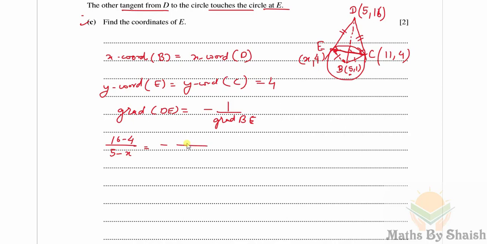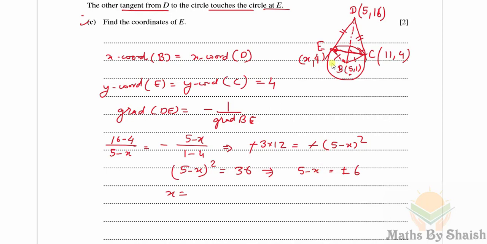x difference, 5 minus x upon y difference, that is going to be 1 minus 4. So it will give us 16 minus 4 is 12, and here it is 3. So minus 3 into 12 is equal to minus 5 minus x whole square. Minus got cancelled, and we got 5 minus x whole square as 36. Means 5 minus x should be plus minus 6, or x will be 5 minus 6 would be minus 1,